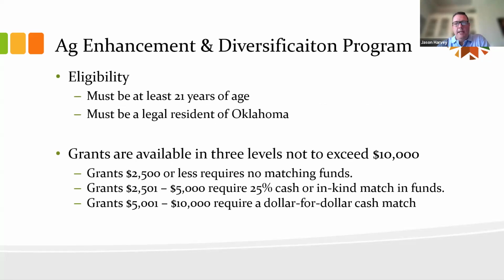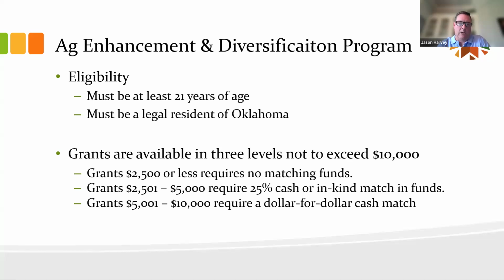So the eligibility on the program, fairly easy on some of these. You've got to be at least 21 years of age, and you must be a legal resident of the state of Oklahoma to be eligible to receive these programs or any of these that we're going to talk about. Some of the reasons why is the money that goes into fund these programs are state appropriated dollars. So essentially your tax dollars, my tax dollars that are going into these. And so we feel that if it's Oklahoma's tax dollars going in, it needs to stay with Oklahomans to help